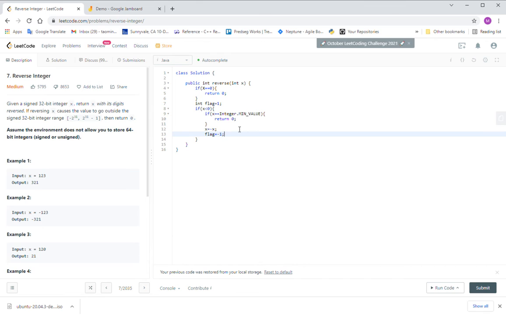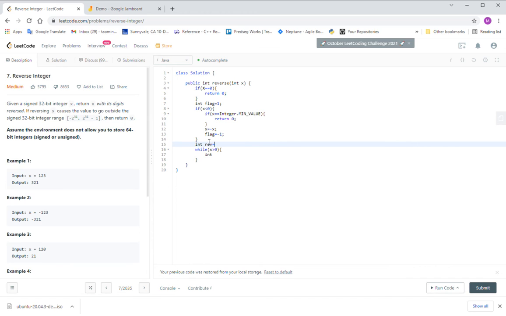So when we return, we get a negative or positive. So first, we convert everything to positive. Then we loop while x is still more than 0. The return value